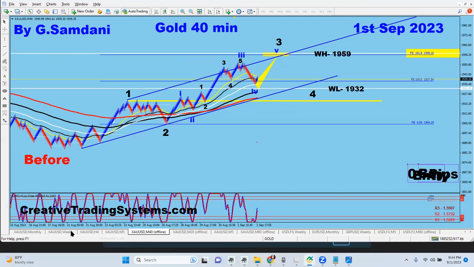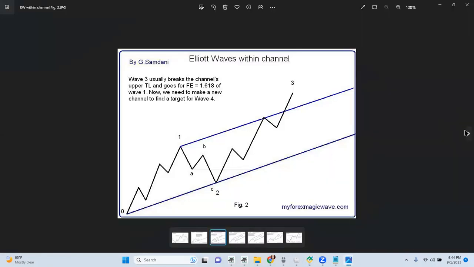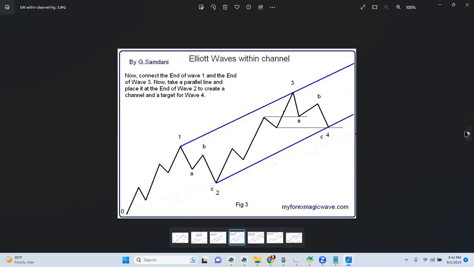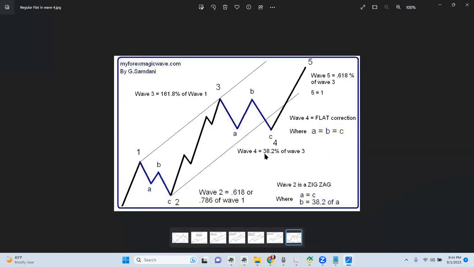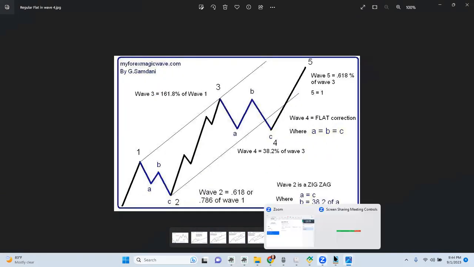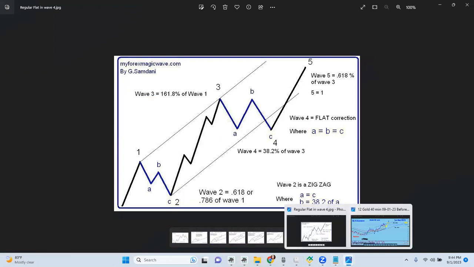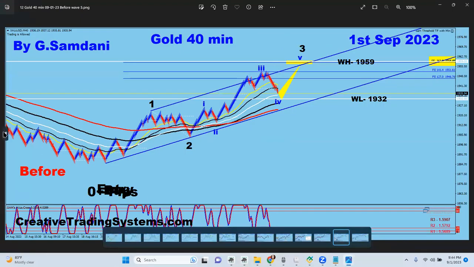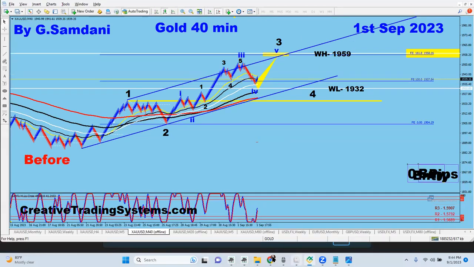Now, even wave 4 is usually, let's see, how much? You see here, not here, and I'm mentioning that. See here, this wave 4 is 38%, right? So if you go back and then you take a look at these, see this black count, blue count,